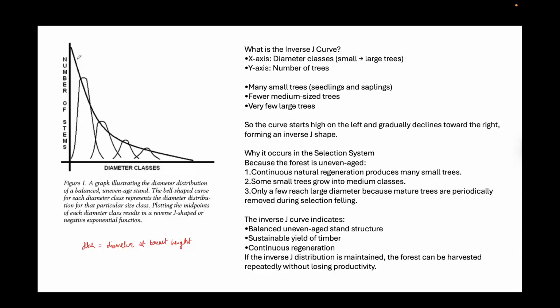Now this inverted J curve shows that in a selection system, as the DBH increases, the number of trees decreases, which is true because in a natural forest system, you have a smaller number of mature